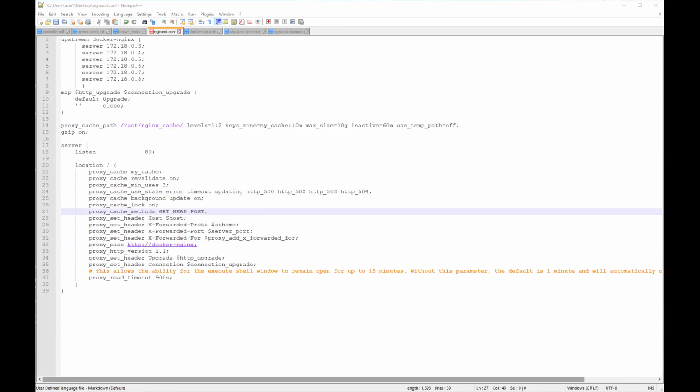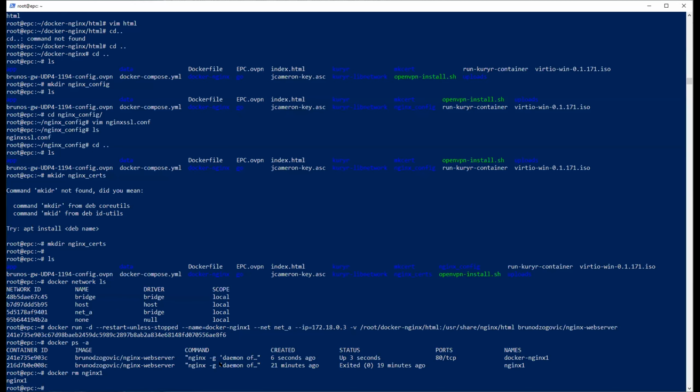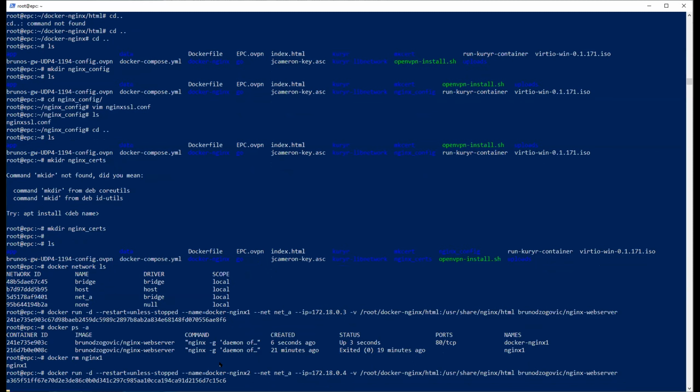let me go back to the terminal quickly. So what we do is the same. You can scroll up and you just run another web server named Docker Nginx2, and you run it with IP4. It's gonna be in the same network, it's gonna be same everything. So it shares the same directory, it serves the same directory. So you see where this is going. We will have 6 containers serving the same directory, load balancing between each other, and working as an orchestra in order to serve a lot of users.